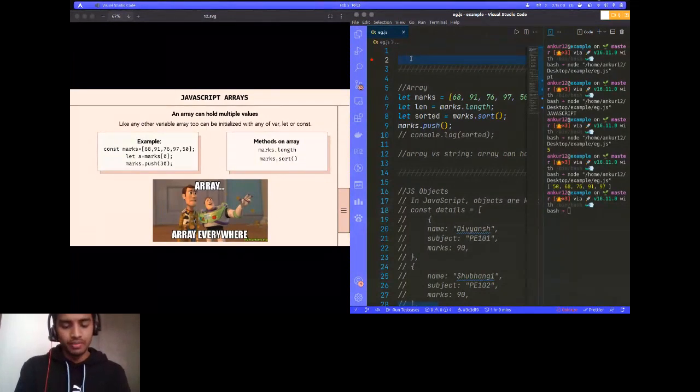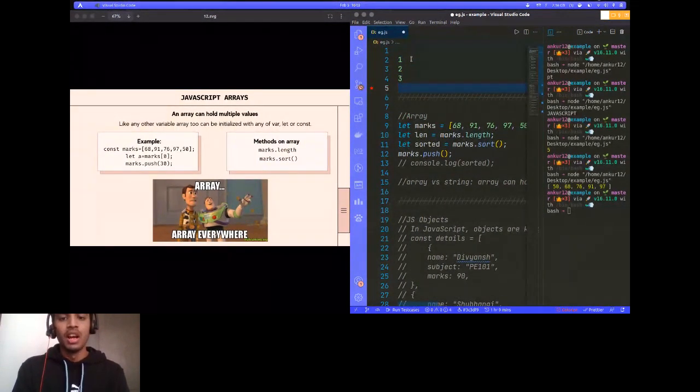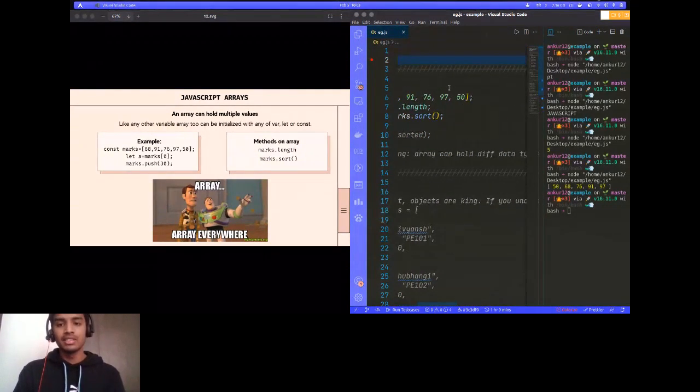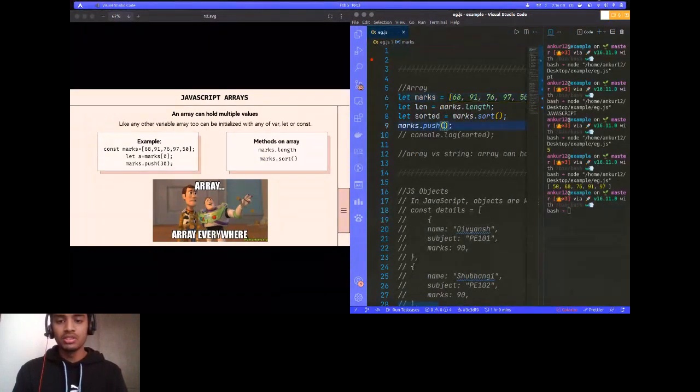Let's say the loop runs first time, second time, third time, and every single time I want to add an element 80 at the last index. So what I can do is marks.push(80), and when I console.log marks,